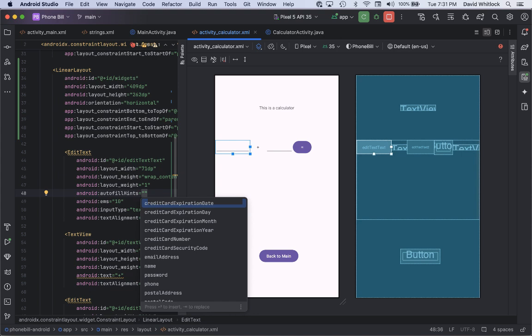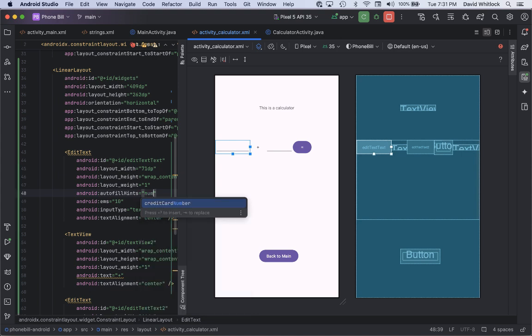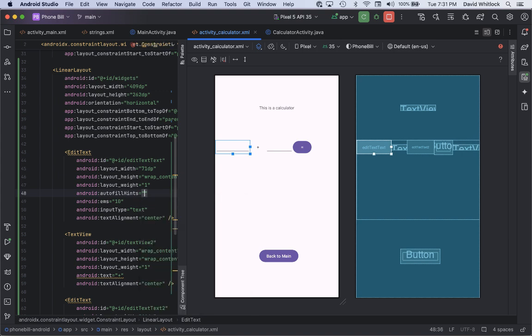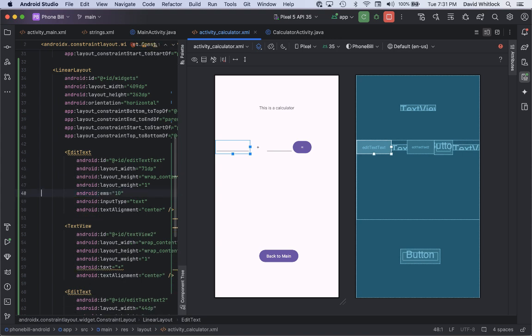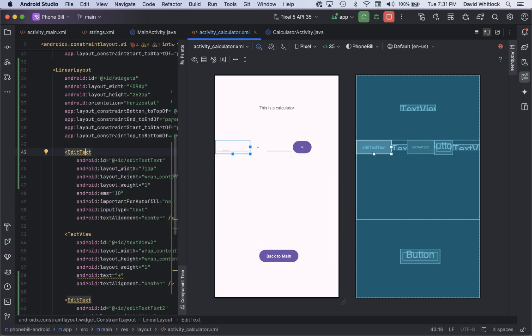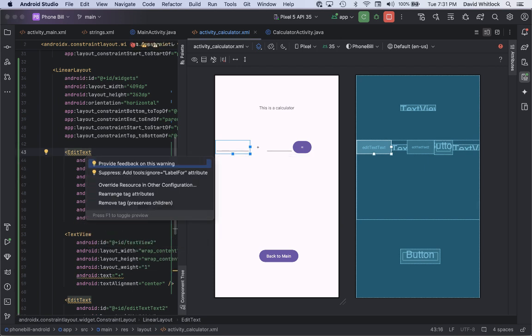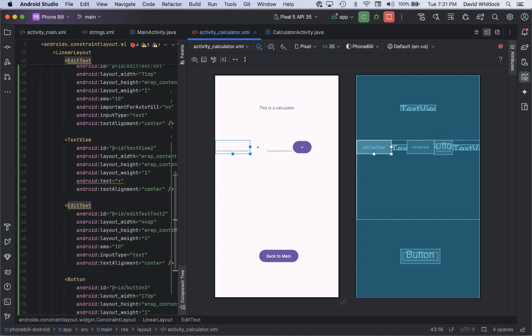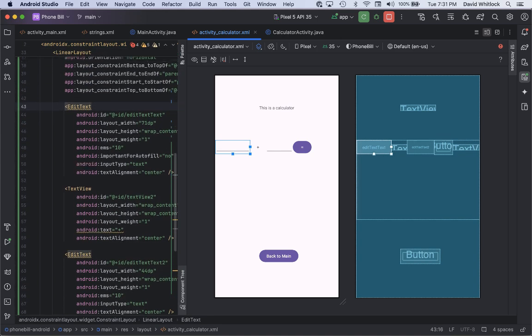Number? No. Integer? What is that? Okay, phone, username. Well, it's none of those things. So what is this? Set autofill. Important for autofill? No. And now what was it complaining about? Okay. You know, I recommend that you try to make Android Studio a little happy, but then don't worry